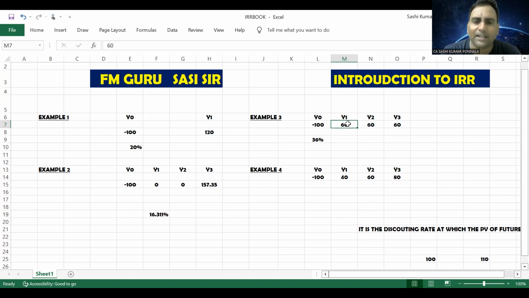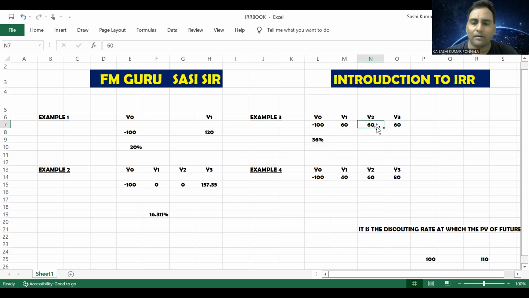See, this 60 contains 2 components. Some part of your investment of 100 will be recovered from the first year cash flow, second year cash flow, third year cash flow. As you know, future value contains 2 elements: principal plus interest, principal plus interest, principal plus interest. But we don't know the amount of principal we are getting from each year's cash flow. We don't know the amount of return which is included in